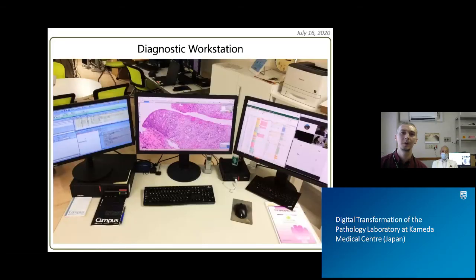Maybe we have time for perhaps one last question. How long did it take you all to become familiar with digital slides? For me, 10 minutes. I came to Japan 2.5 years ago, and we had already completely set up a digital pathology laboratory. In that room which I showed you, we have no microscope. So I sit at my workspace, and I have never touched a microscope since that time. I'm pretty happy with that.